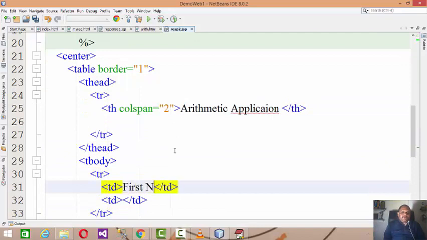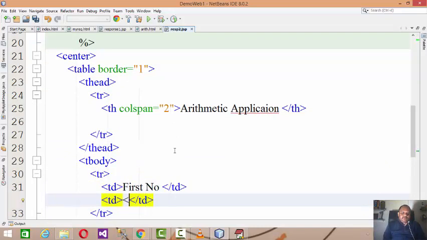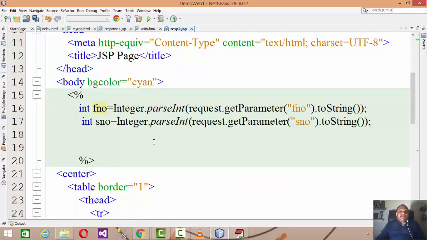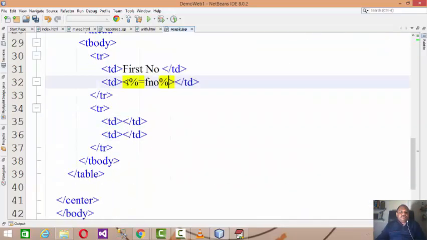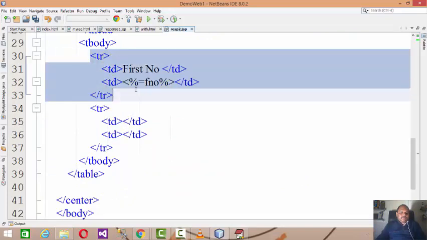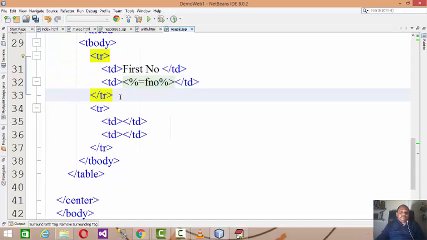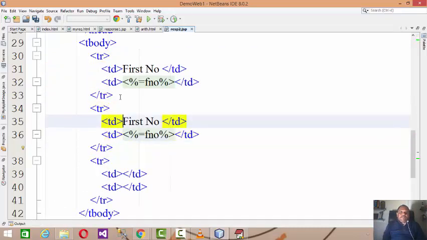is the title. Now the first number, what do you have? That is the expression fno, right? So you display the first number, what is posted to the server, and then the second number, that is sno.